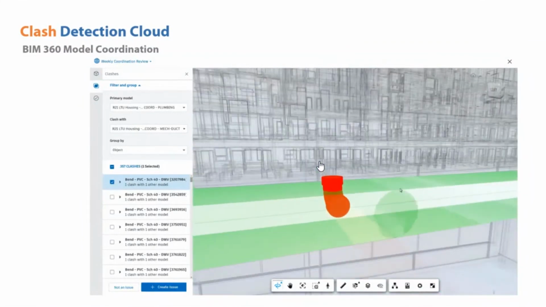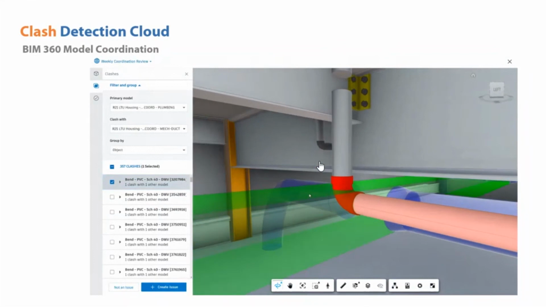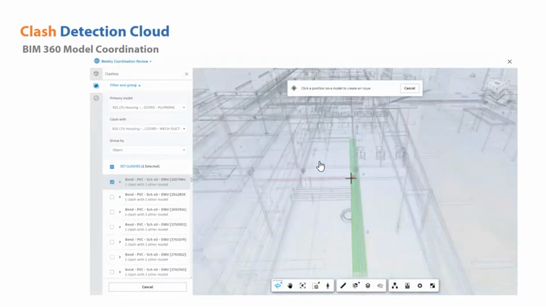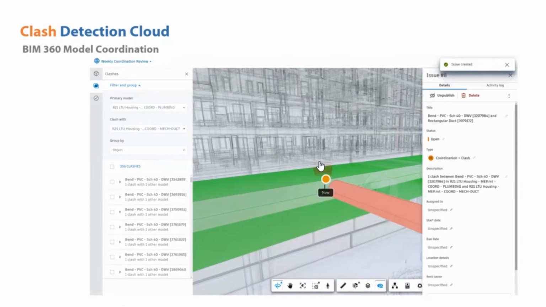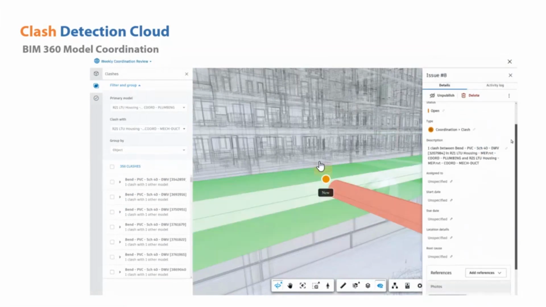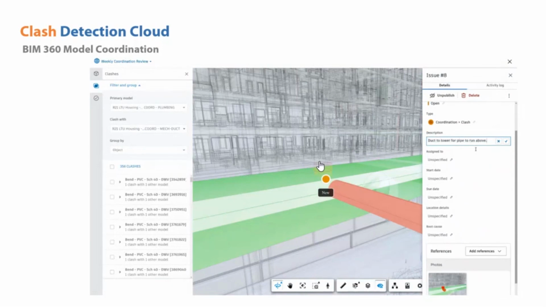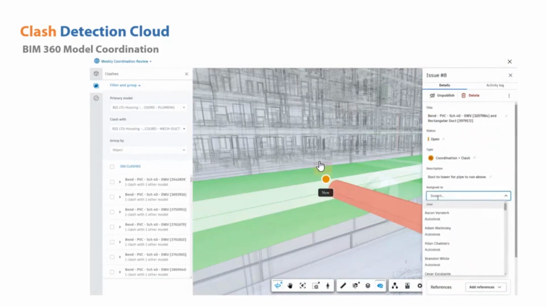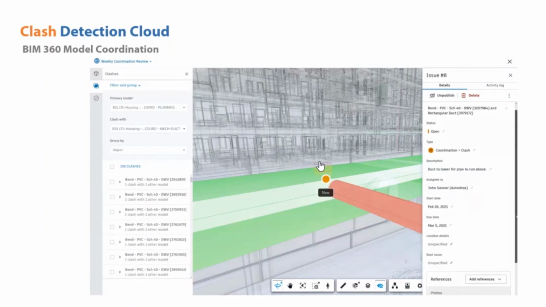So once a clash has been identified, the issue owner has the option to assign it as an issue or classify it as not an issue. If it is classified as an issue, the particular project information will be automatically assigned to the issue dashboard,